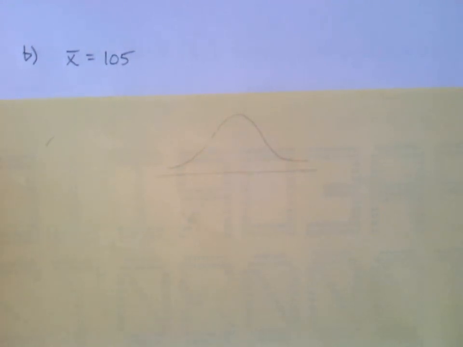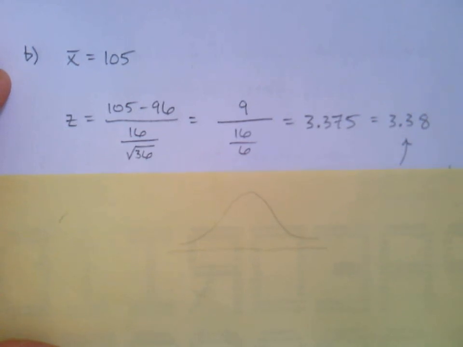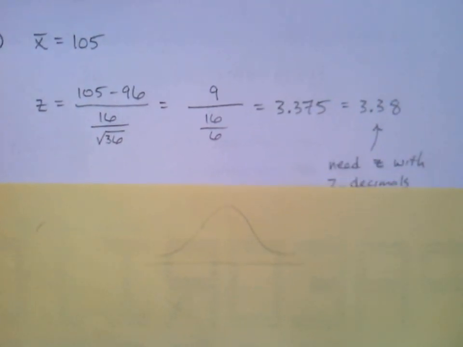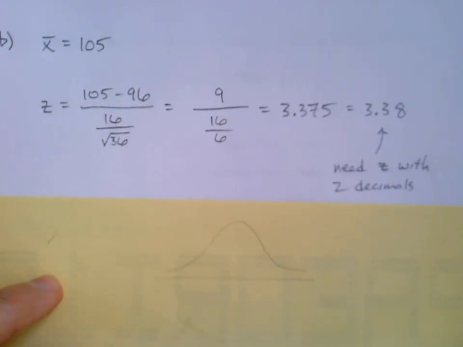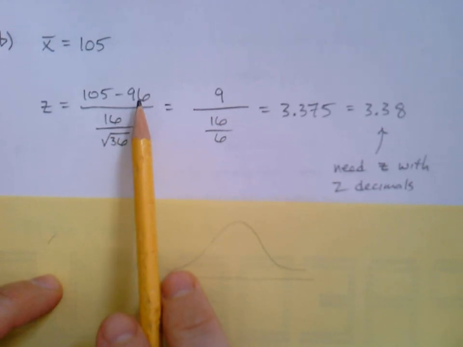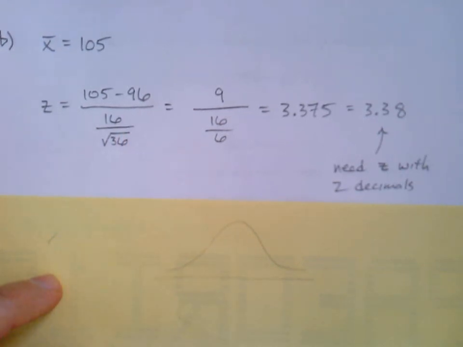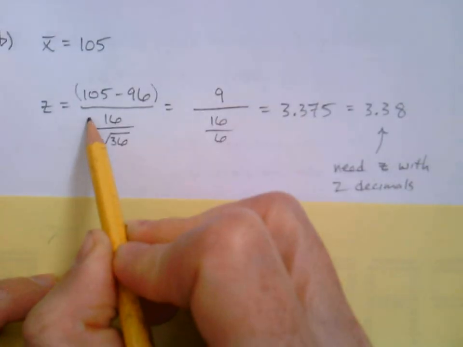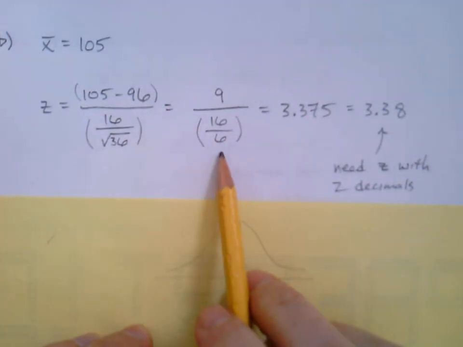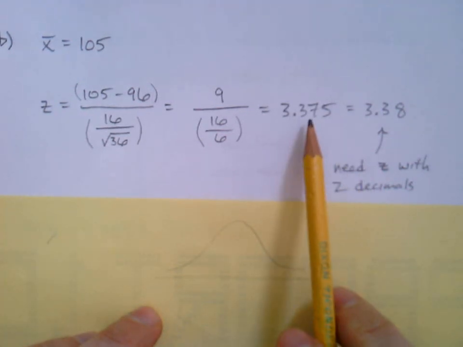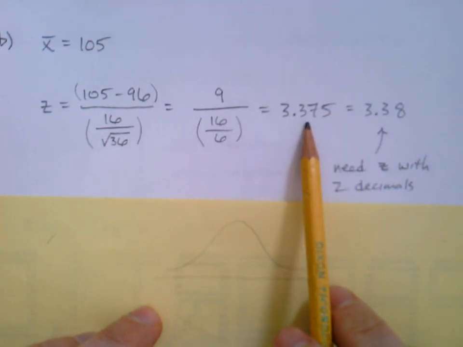Okay, let's see. Well, at this point, we can plug all these numbers in, and I'm just going to go for it here. So we'll put in the 105 now. All the rest are the same. We still have mu is 96, sigma, n. They're still all the same values. If you were to go for it here, be sure to use parentheses on your numerator and denominator. Maybe you decide to clean this up slightly, do some of those easier calculations, and then divide. Be sure to use parentheses here. Whatever you do, confirm that your calculator will give you 3.375.